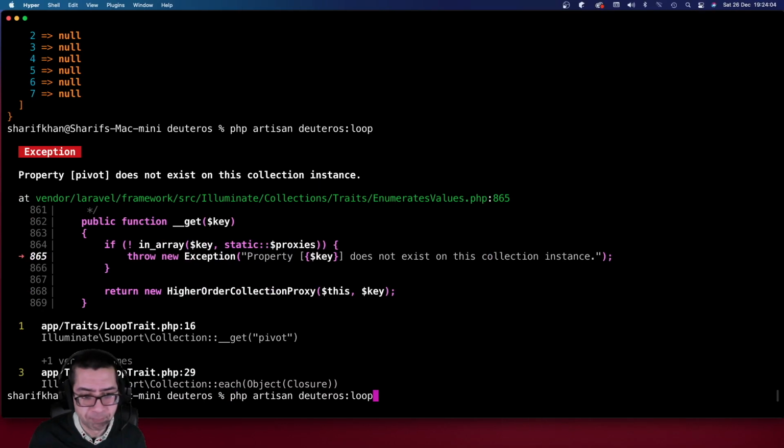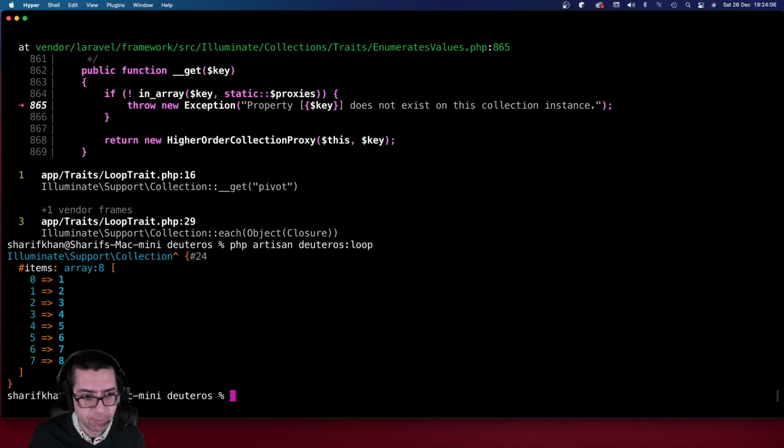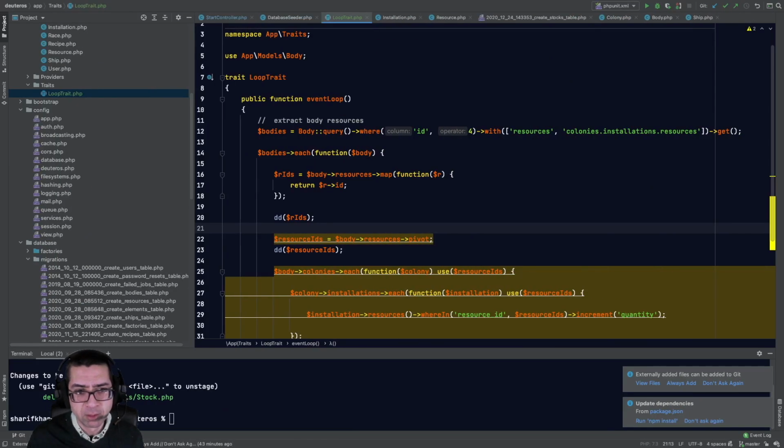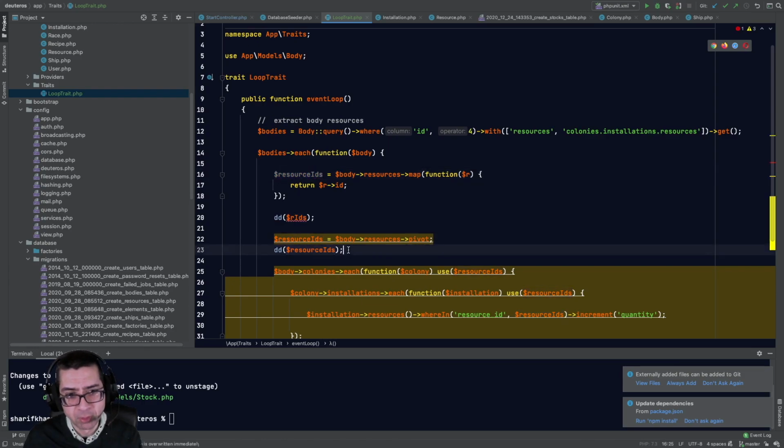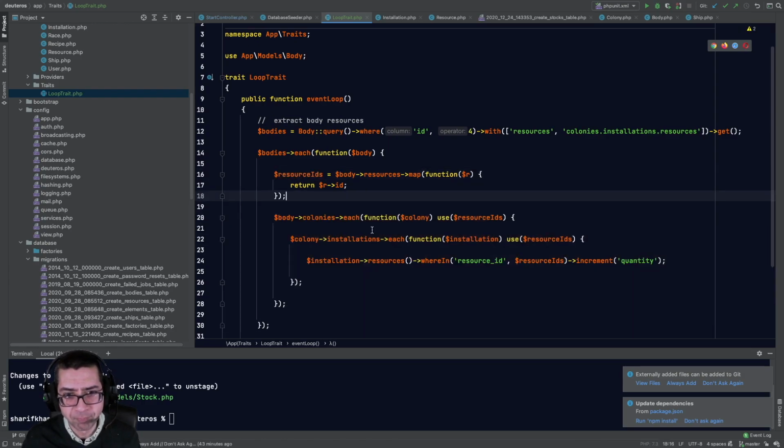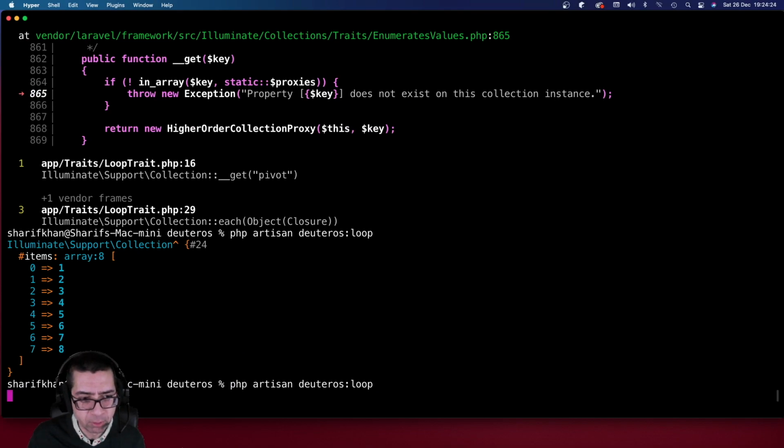Let's try that. Yes, okay. So resource IDs now. That's cool. So let's get rid of this. Pass the resources IDs in, and now when I run loop,